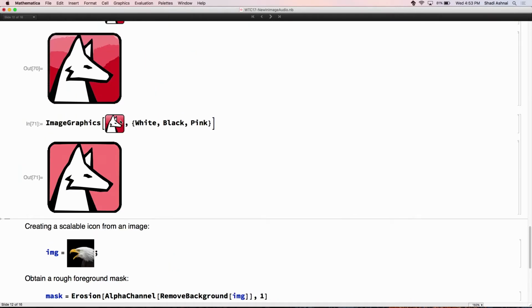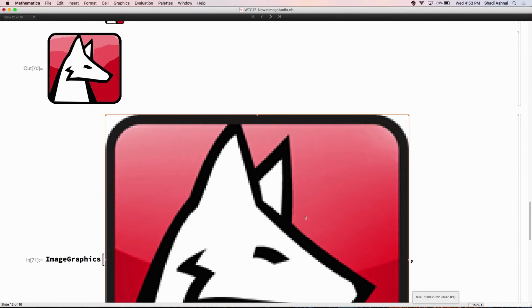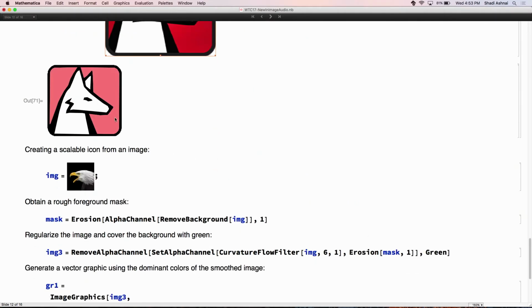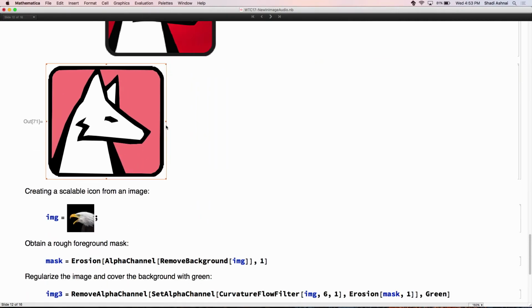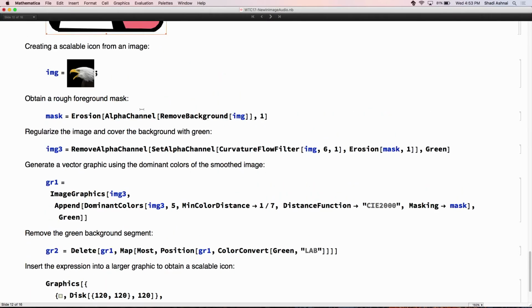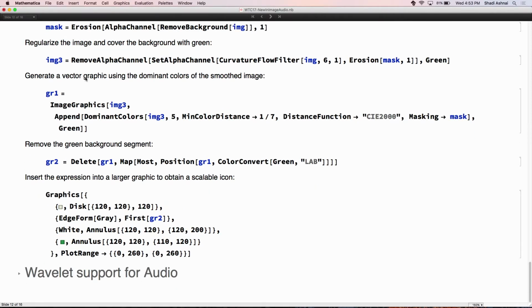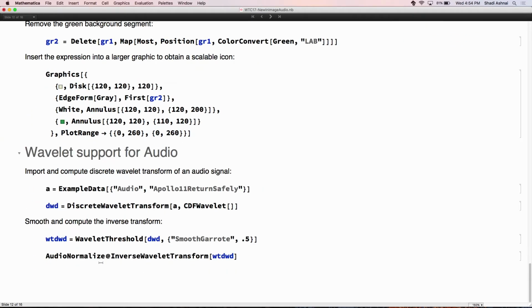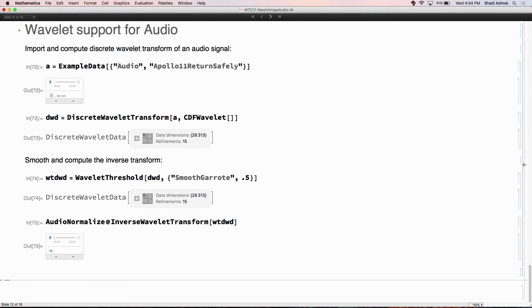scalable vector graphics. If I scale the input image here, you see that at some resolution it starts to pixelate because it is a finite-dimension raster image, and this is the ImageGraphics version that is actually scalable. This other example I'll just leave to you to play with. We're starting from an actual image and trying to create an iconized vector graphics icon from it. One other addition for better integration is wavelet support for audio, something we didn't find time to do for the release of audio in version 11, so we added that.